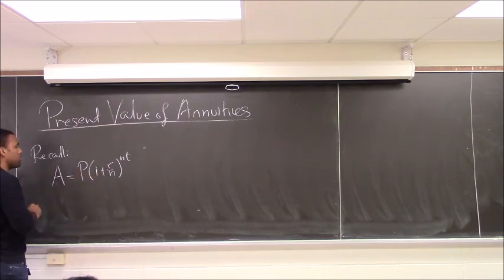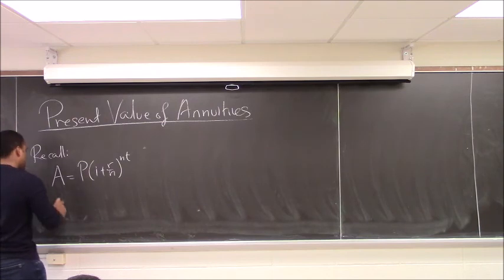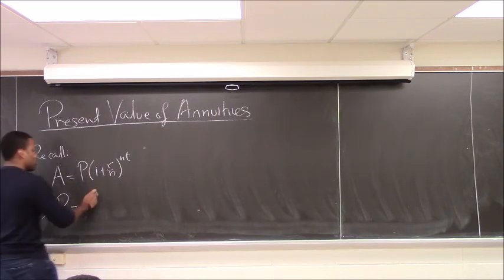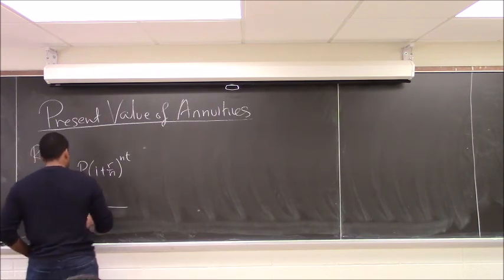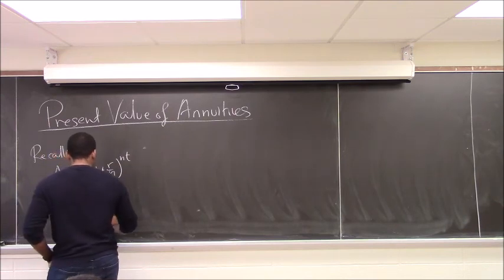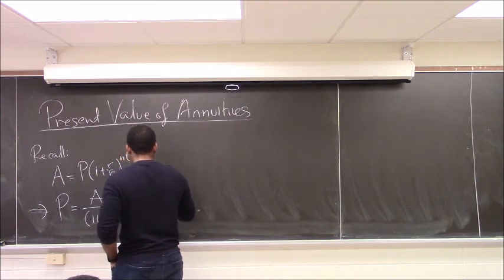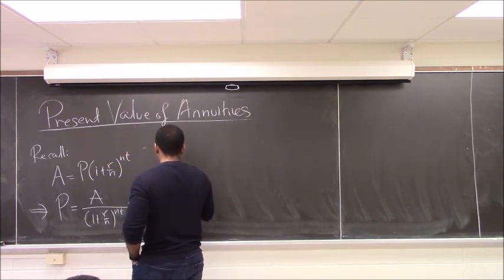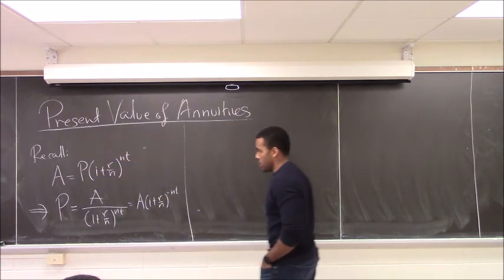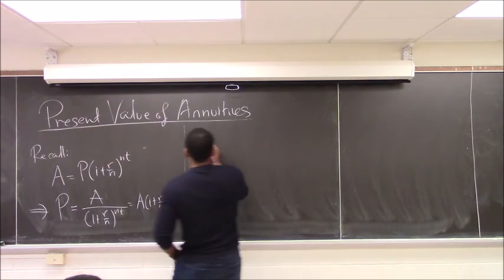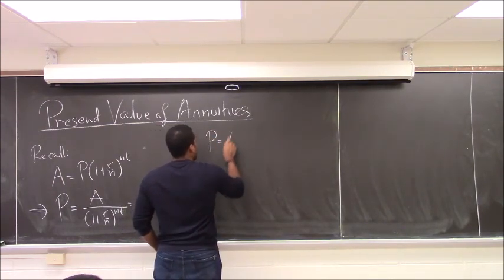for some time t. And notice that this is what we deposit in order to get that at some point in the future. I actually want to turn that around. I actually want to solve for P, which is going to be A over (1 + r/n)^(nt). Or you can think of this as A times (1 + r/n)^(-nt). Use the laws of exponents. And so this guy,